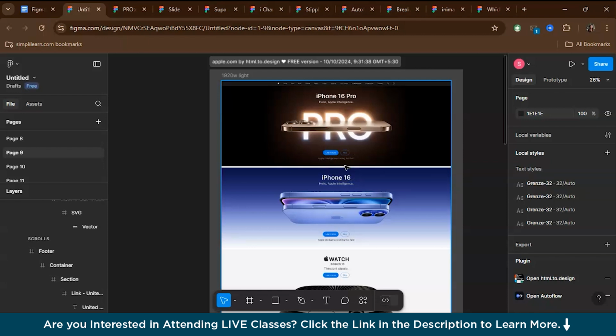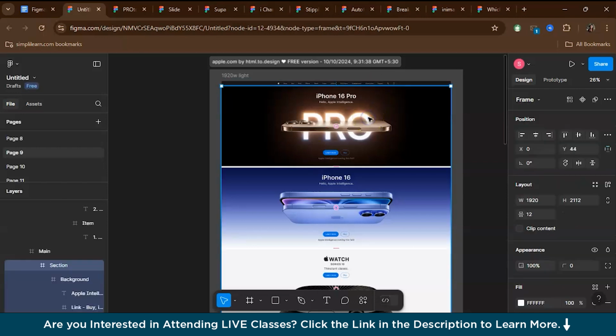Now you might wonder why you would want to convert a website to a design rather than the other way around. So the thing is, if you're just starting out in UI, the plugin is a perfect tool for learning. It basically lets you explore how different websites are structured, what design elements they use and how they achieve the aesthetic, so that you can get inspiration from them and also get a clear idea on how they have done it and then use it for your project. Analyzing existing projects is a great way to build your design skills, and this plugin helps you so much for that purpose.